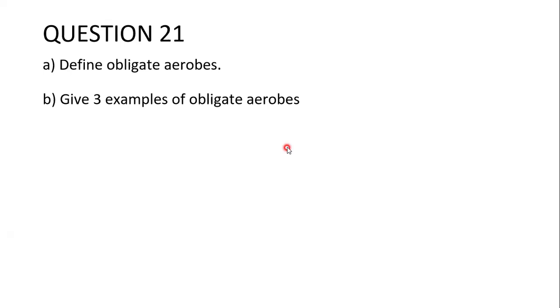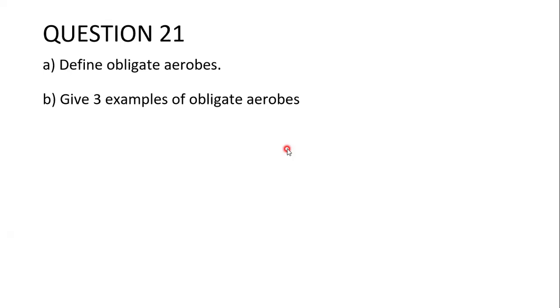So anytime you see the word obligate, it means must. If I tell you you're obligated to do something, it is mandatory. It is a must to do something, okay? So obligate aerobe means that it must grow in the presence of oxygen. If there's no oxygen, it will not grow. If there's oxygen, it will grow. Okay. Obligate anaerobe. It grows in the absence of oxygen. It requires no oxygen for growth. Facultative, this means that it may or may not require oxygen. It can use oxygen, but it can switch to